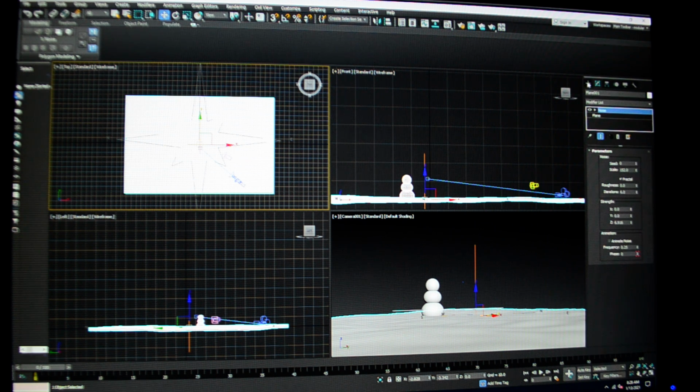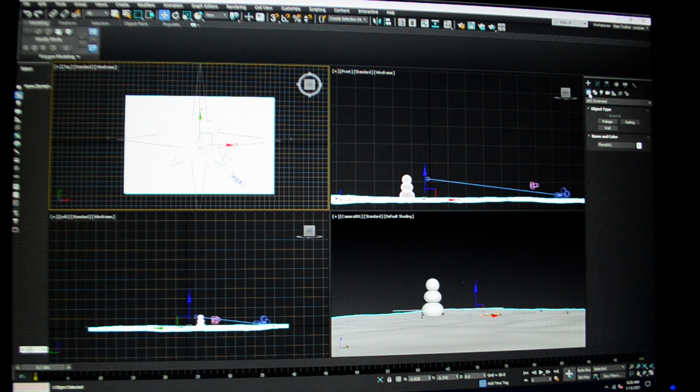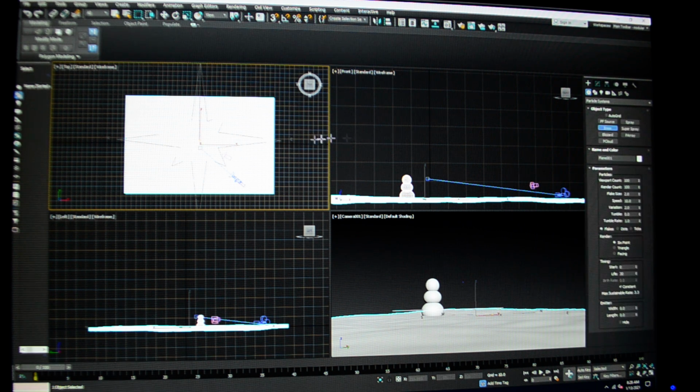Okay, and so what I want to do now is I want to go to particle systems and snow. So what you're going to do with this is you're going to come in your top view, and I want it to snow over my entire plane. So I'm drawing the particle system